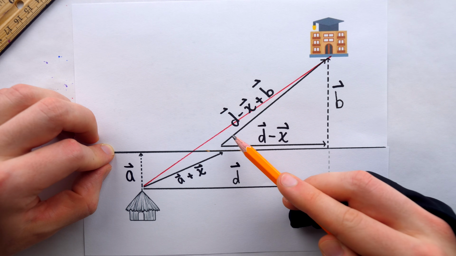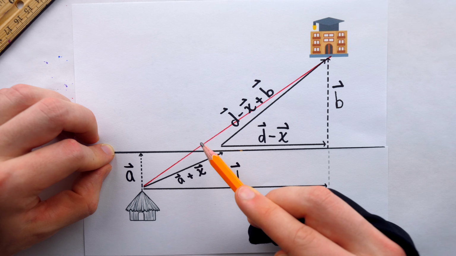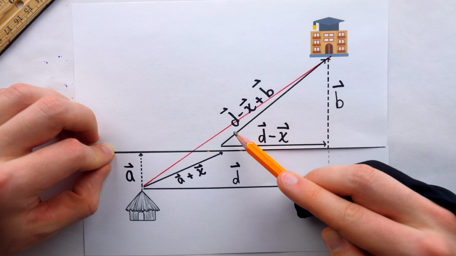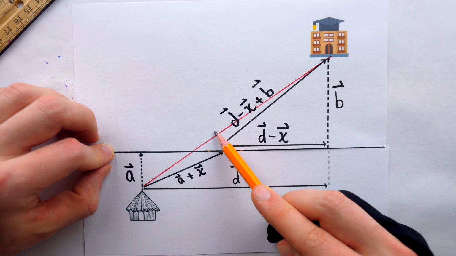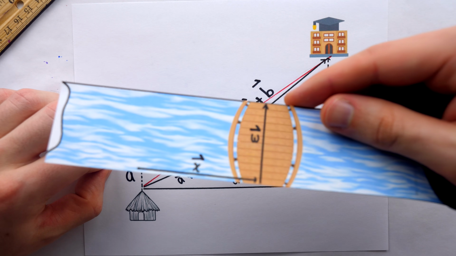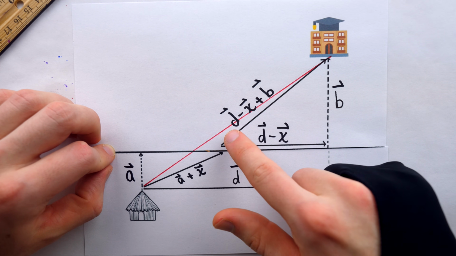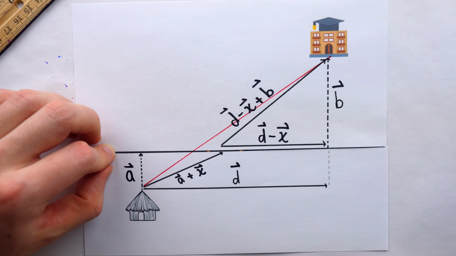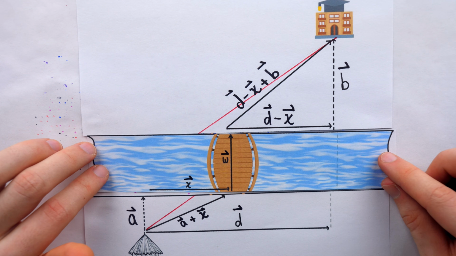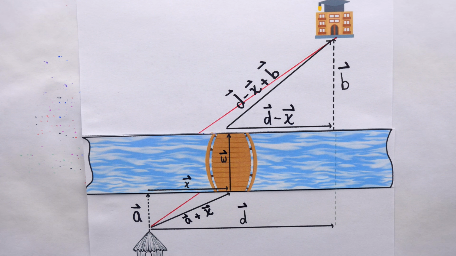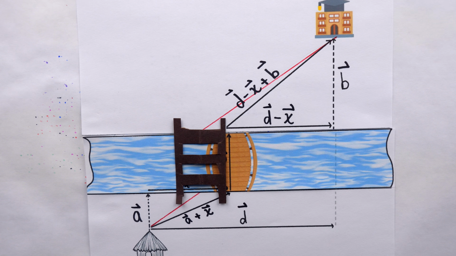And since the summed length of these vectors is greater than or equal to the length of the straight line, we know the path length will be minimum when the sum of the vectors' lengths equals the length of the line. So, to minimize the distance of the trip, x must be chosen so that these two vectors are going in the same direction, as if they were one straight line between the points, just broken by the river. And in this case, visually, we can see that means the bridge needs to be right about there.